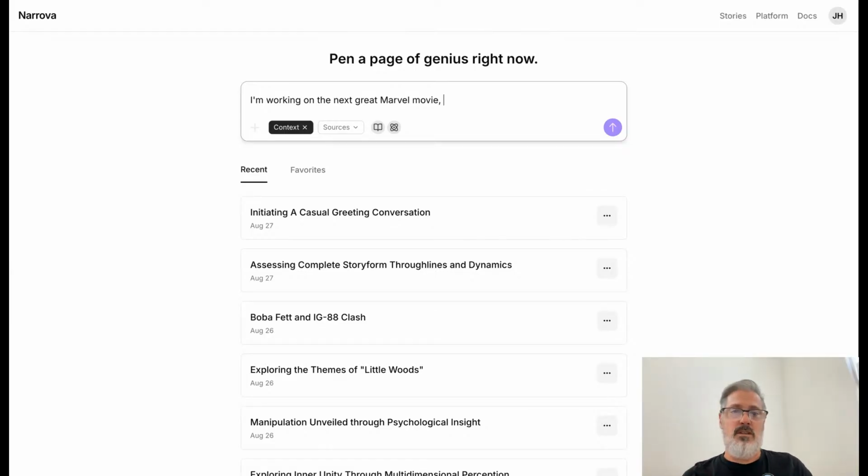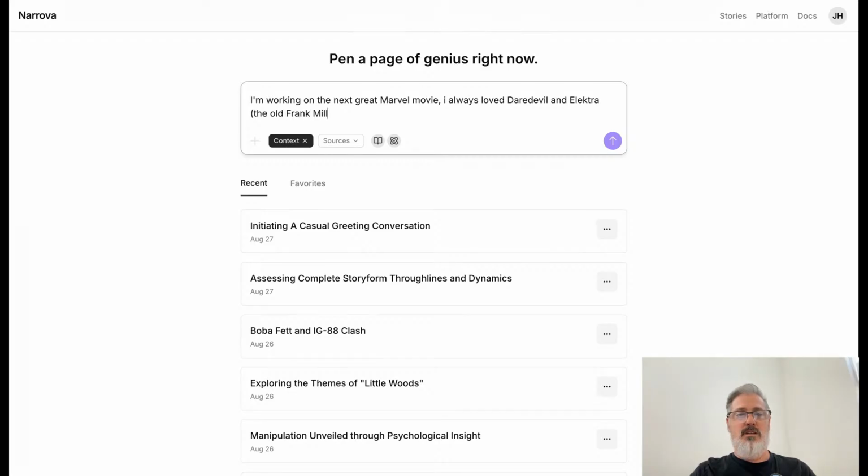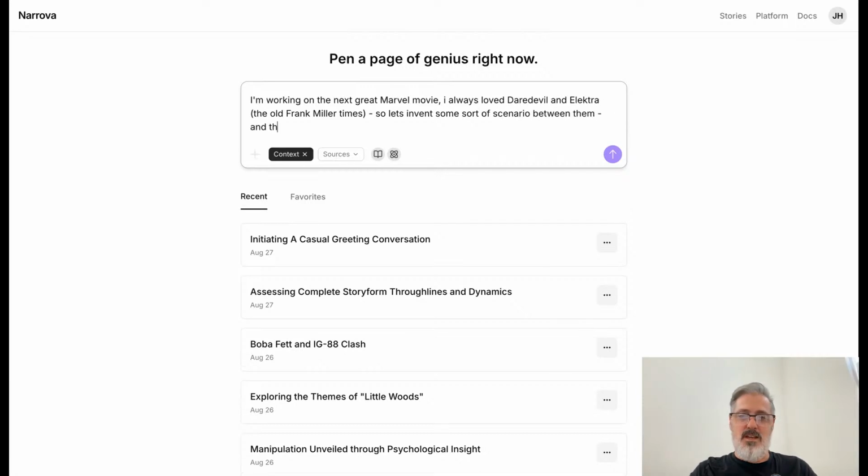It's the only one that I really liked. But they did Born Again, but they don't really do Born Again. I always loved Daredevil and Elektra, like the old Frank Miller times. So let's invent some sort of scenario between them,